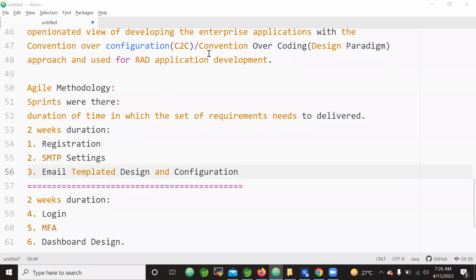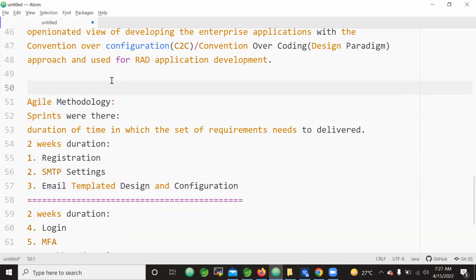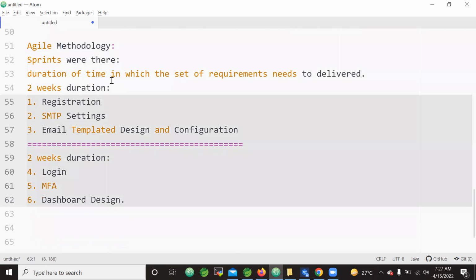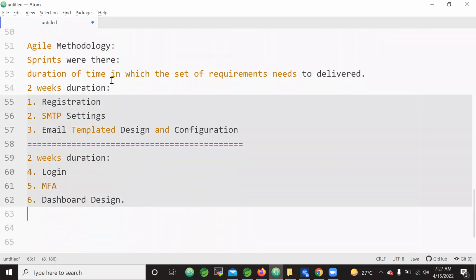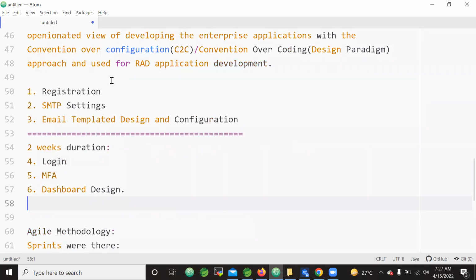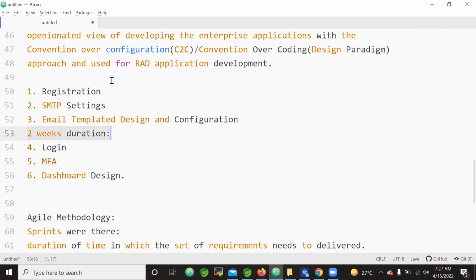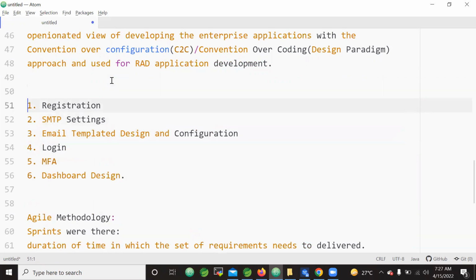Can you please repeat the agile methodology once? Sorry, agile methodology. Yeah, you're asking me to explain this agile methodology. Okay. So usually in the waterfall model, for example, we have these 10 requirements or 6 requirements. These 6 requirements will be implemented in the agile methodology in a single shot. If you take SDLC, every model, either agile or another methodology like waterfall,